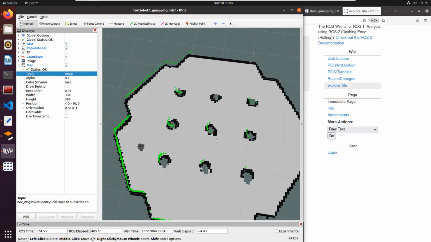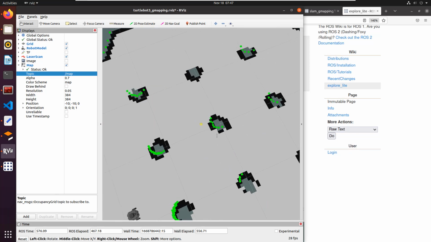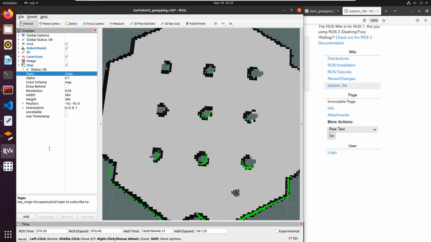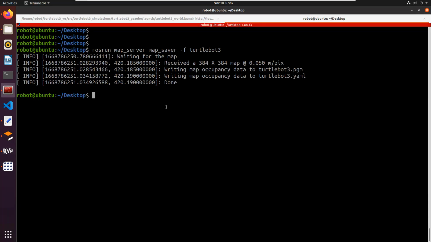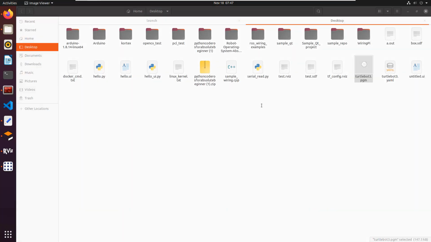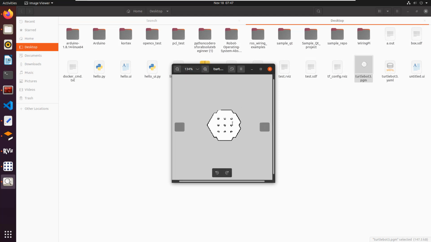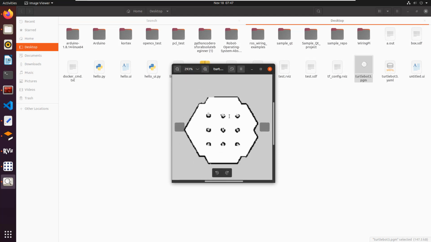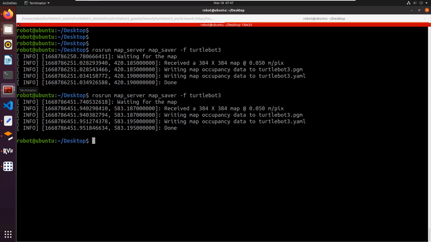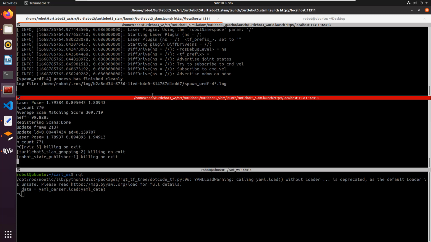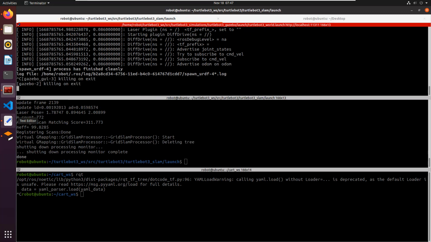So we have completed the map. Okay, these are the obstacles. Inside the obstacles, we can't really map. So after completing it, you can run the command again, and the new file you can see is the map which has all the data. So this map is used for the localization. Yes, so I'm simply closing the G mapping